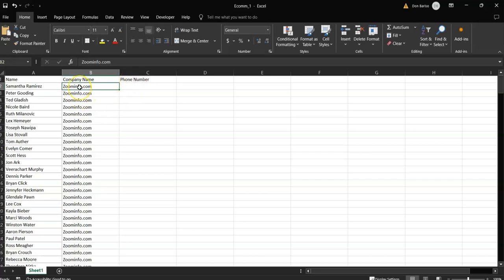I put ZoomInfo here to open the browser, so that it will direct to the platform that we're going to use to get those numbers from search engines like Bing search, Google search, and